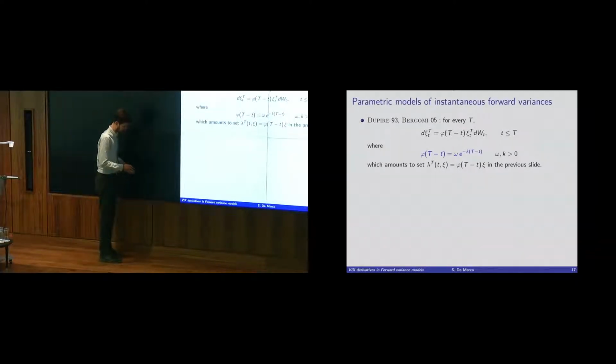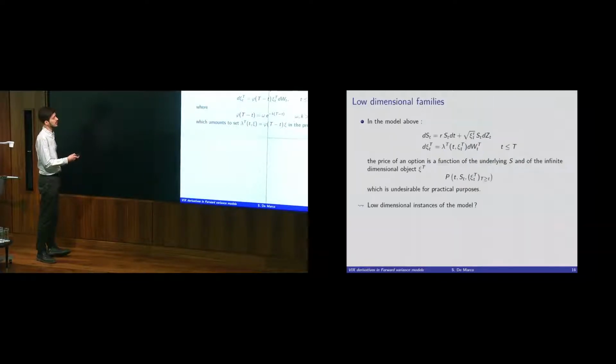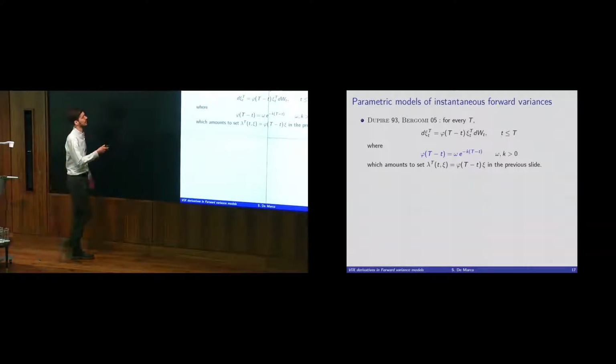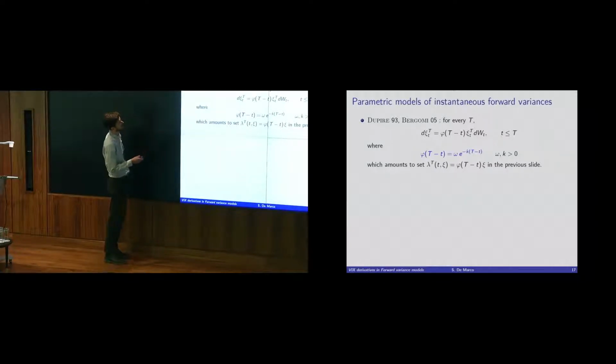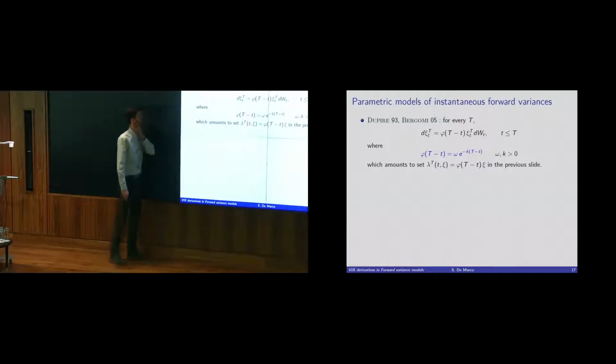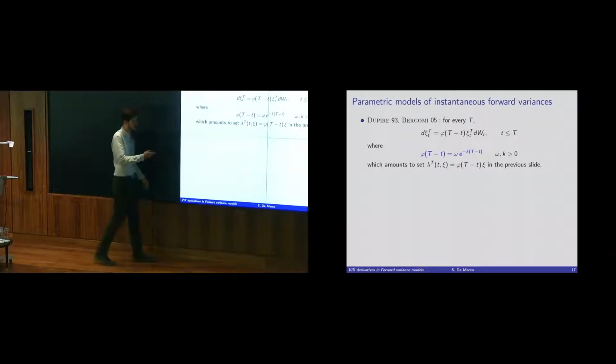The most important example is what we know by now as Bergomi's model. As far as I understand, there was a first suggestion of this modeling setting by Dupire in an article from 93, which is difficult to find and so is not quoted so often. Now we want to choose parametric models for this forward variance Psi. One very simple parametric model would be this one: I ask that each of the instantaneous forward variances is a log normal process multiplied by a certain kernel, a certain time function that has this form. All of Bergomi's model relies on the choice of these functions,